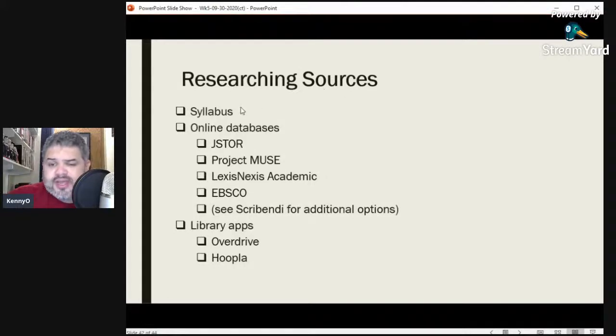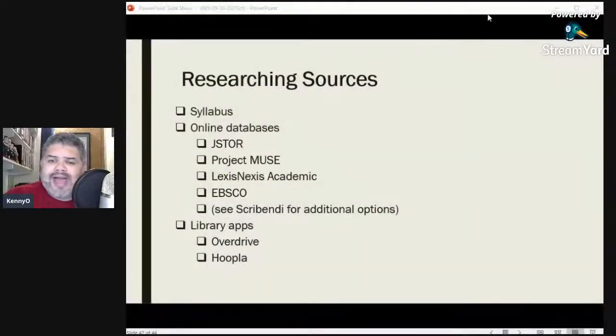Research sources: check your syllabus, right? Pretty much every syllabus for every class out there is going to have a bibliography. That's the first place you should look. I tell my students all the time. People are like, "Hey, where should I get resources?" I'm like, dude, I gave you 30 books or 60 books or whatever in the bibliography of the syllabus for the class. I just handed you a bunch of great resources. Why are you not using them? I'm always surprised by that.